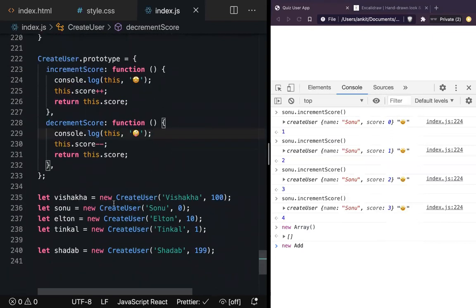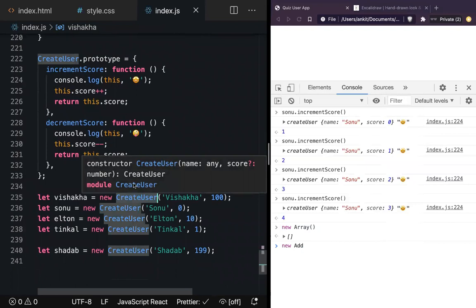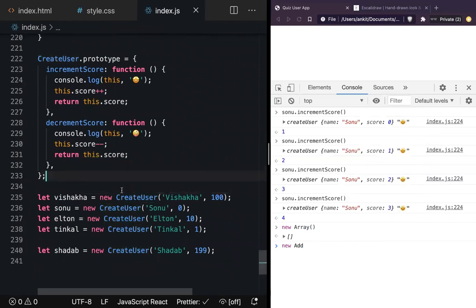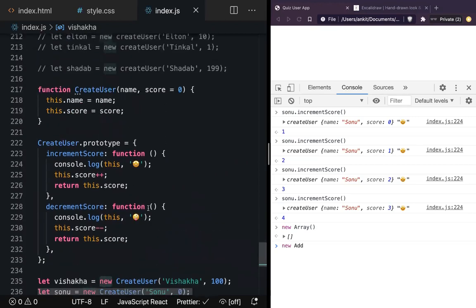Now this is okay. So whenever you see a function starting with capital case, you call it with new, so never name your normal function with a capital case. You remember Bharat, yesterday I was telling you about never naming your function with capital case. And this is the reason. Because JavaScript is not differentiating between them, but we have to differentiate in terms of calling it like a normal function or calling it like a constructor function. So this type of function, when you call it with new, is called a constructor function. And it's a convention. It's a rule that the community has made for all of us.